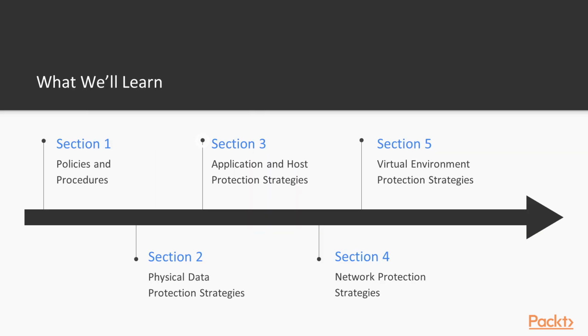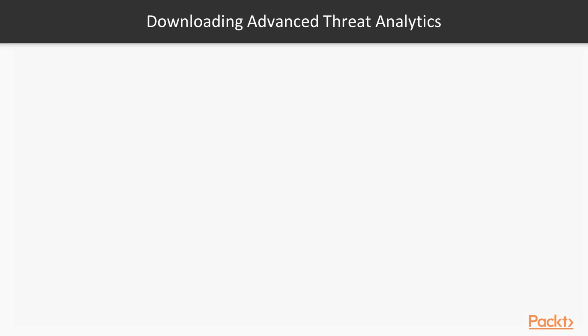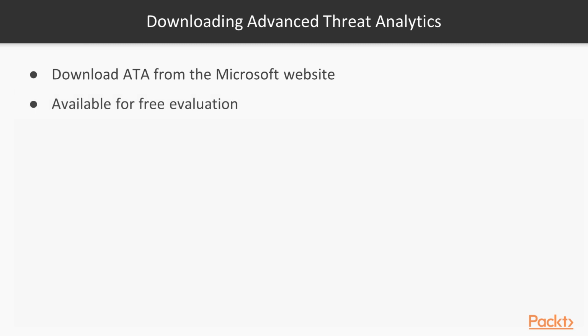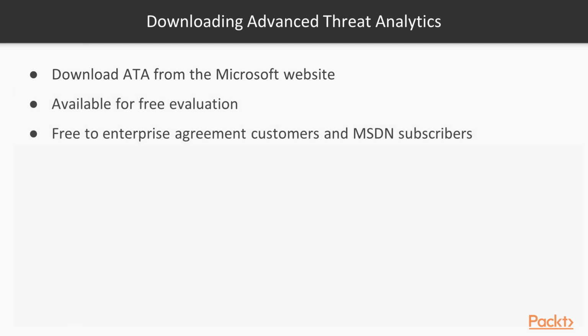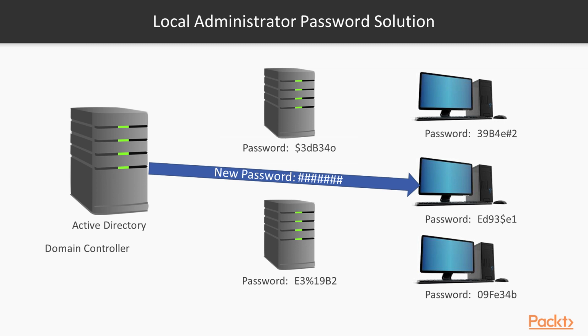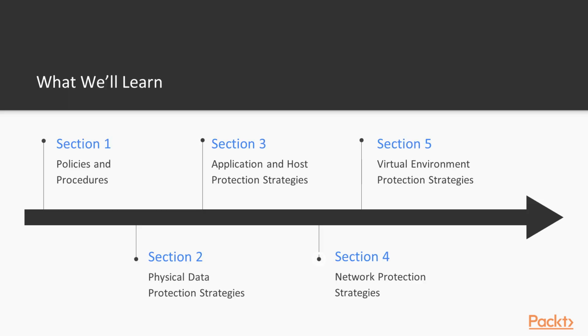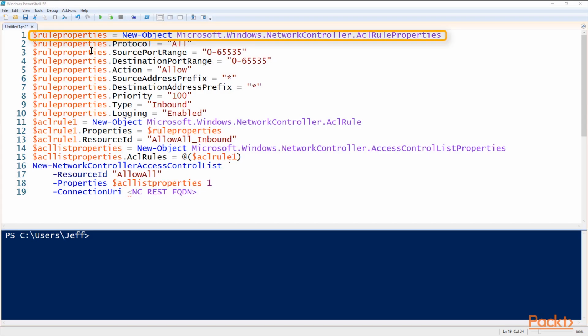In the third section, we'll focus on application and host level protections, including applying application updates and other application best practices. At the host level, we'll cover Windows Server 2019 features that provide malware protection, host-based firewalling, and solutions for centrally storing non-domain passwords. The fourth section covers internal and perimeter network protection strategies, providing a brief explanation of the